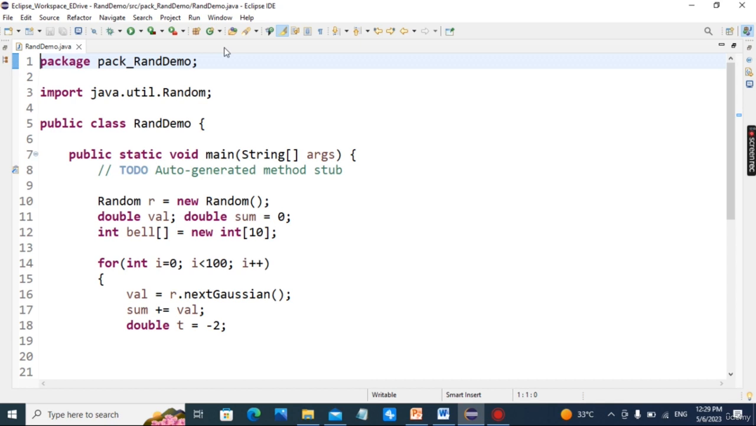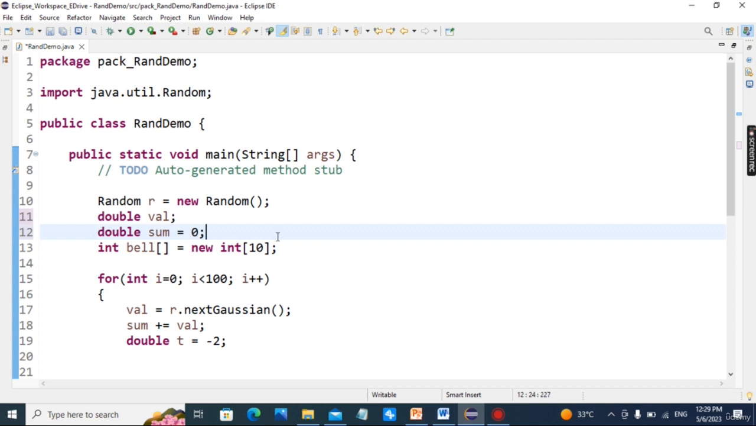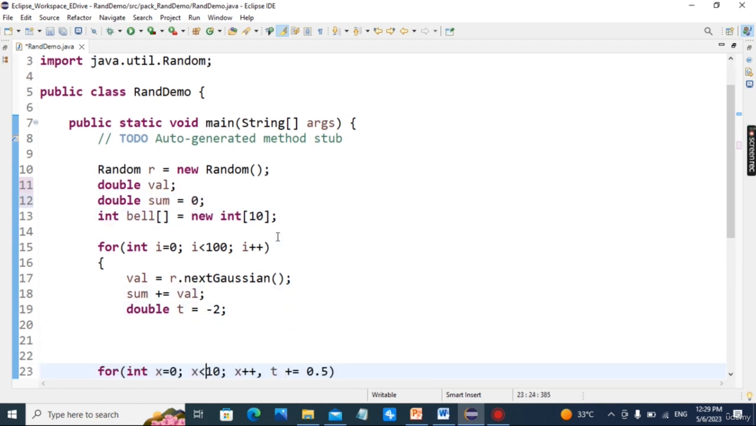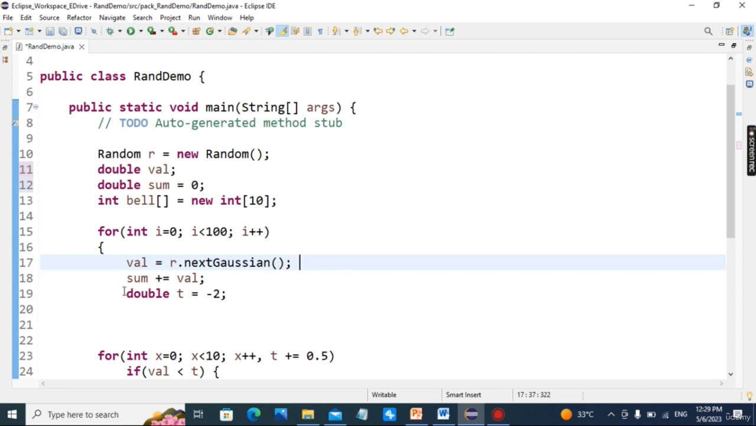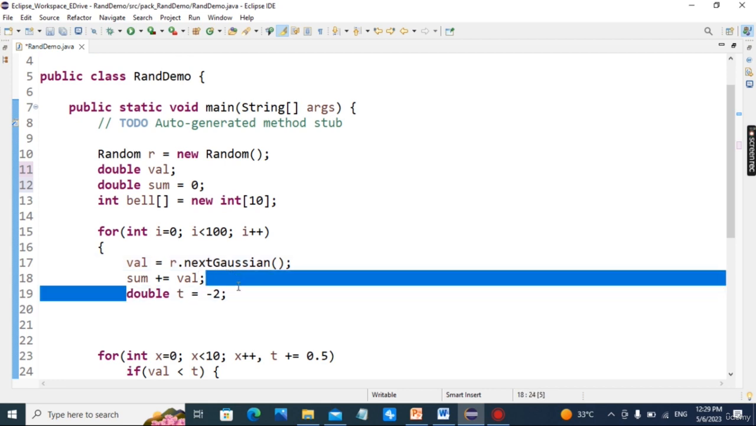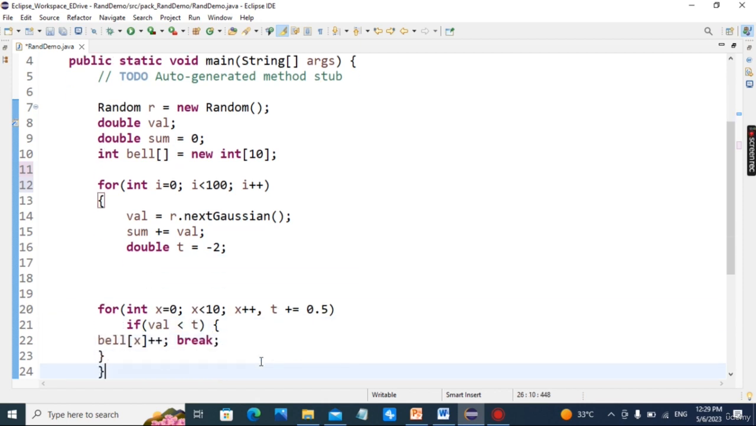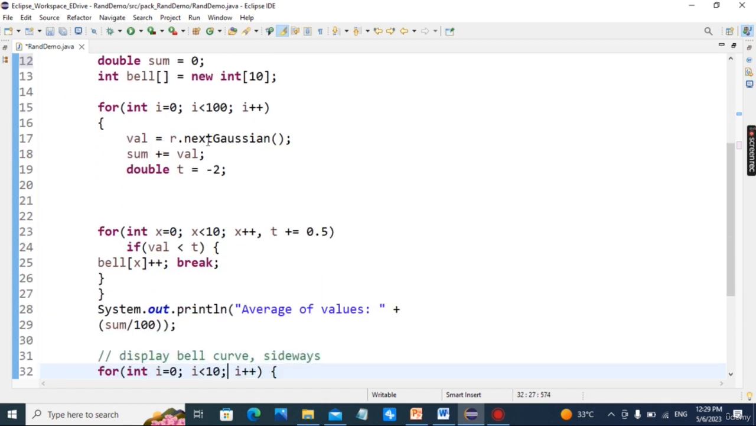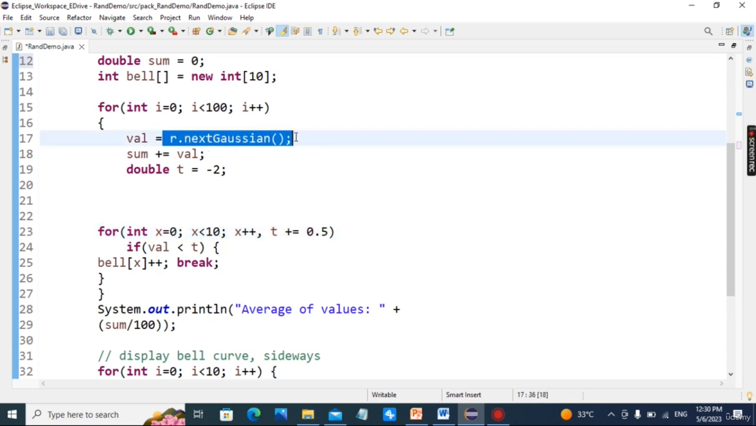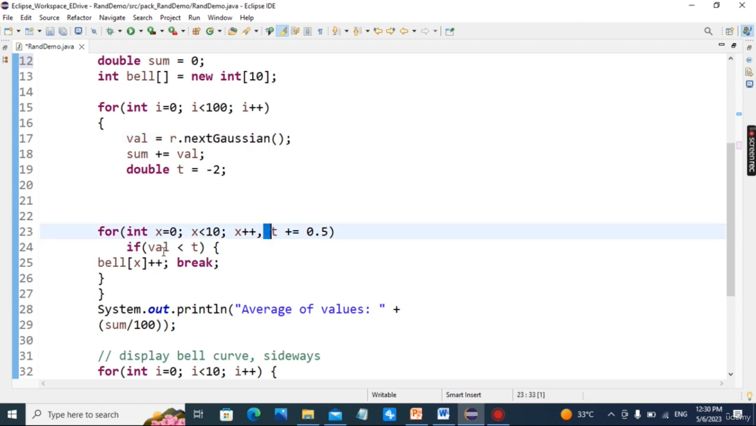In this static main, random number object is generated. Okay, double value, double sum is generated, and bell array is generated. So for next Gaussian number, we are summing up the data randomly. And that t is added by 0.5 every time. So every time that next Gaussian is randomly generated, if that value is less than this t, which is incremented